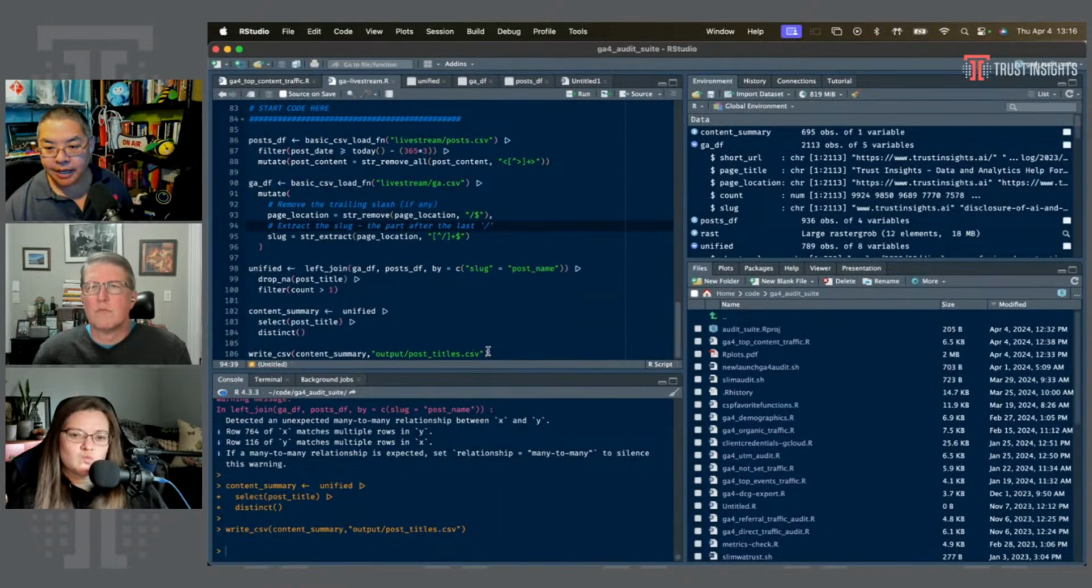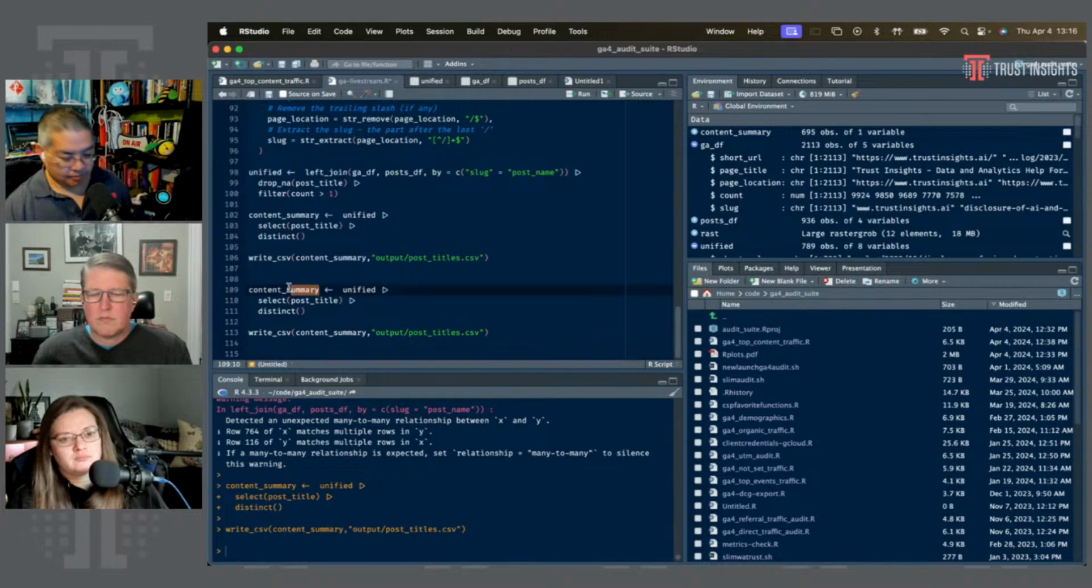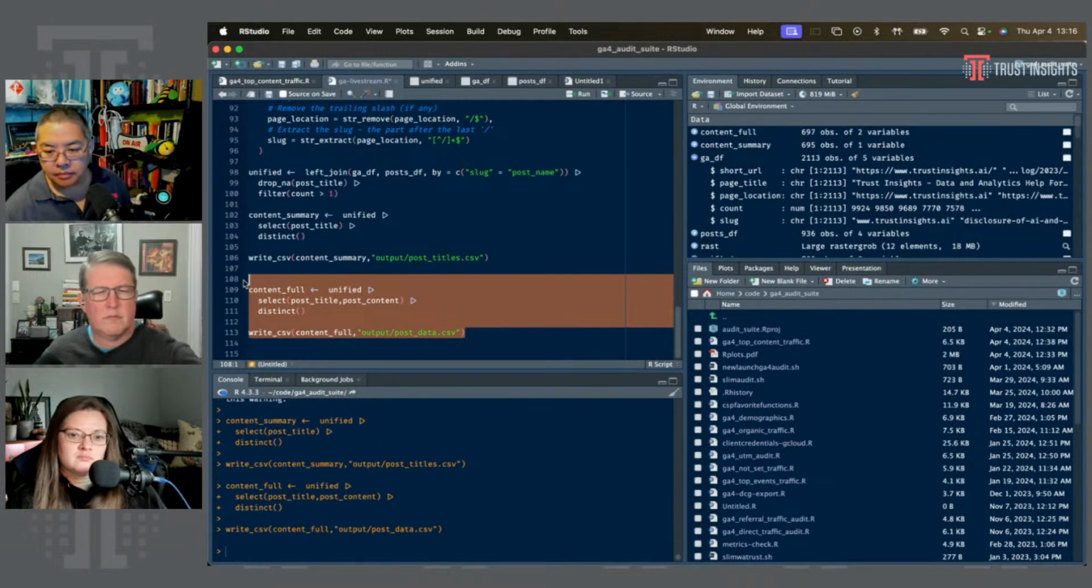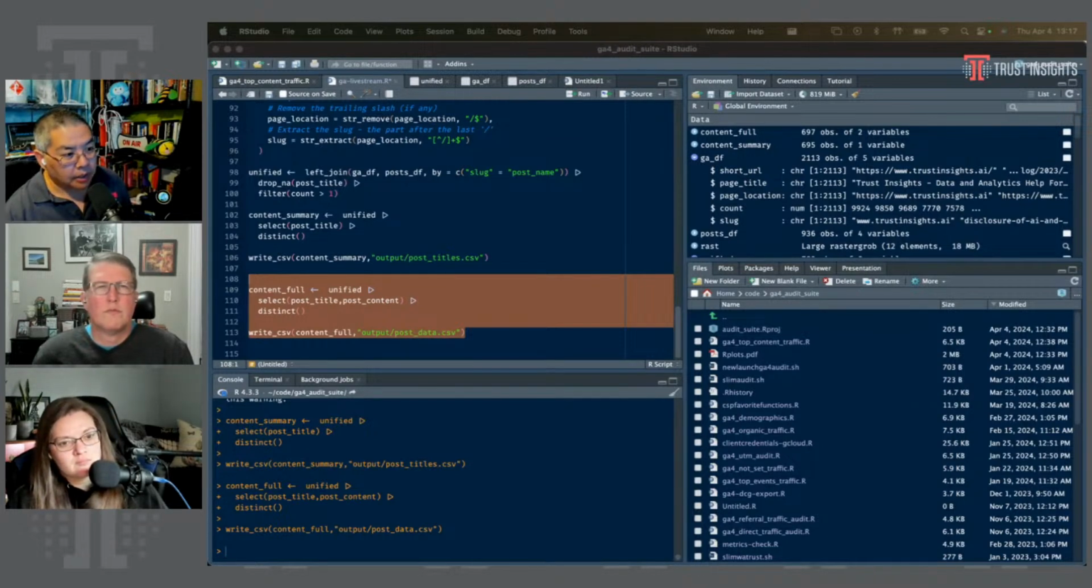Let's do a version that has the full Monty, if you will. Content full. Select post title, post content. Okay, so now that file is 10.9 megabytes large. Let's take a look at how heavy it is in terms of words. It is